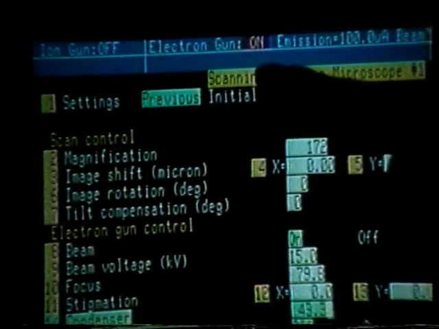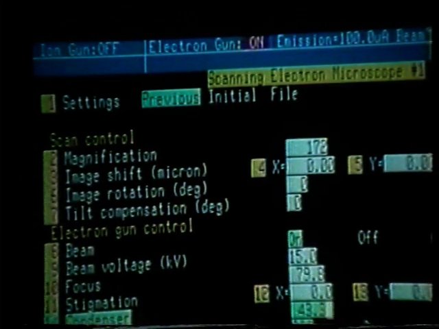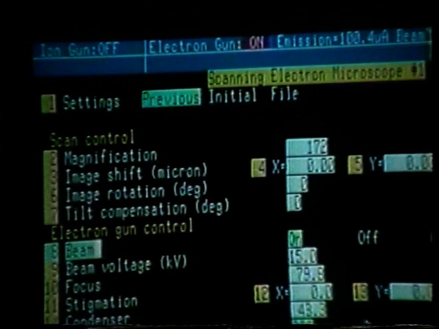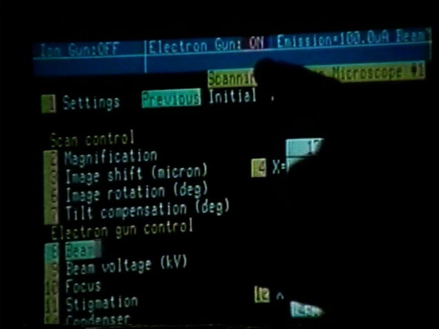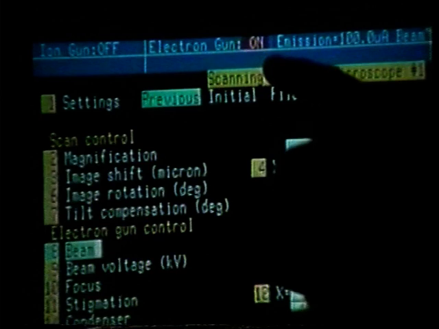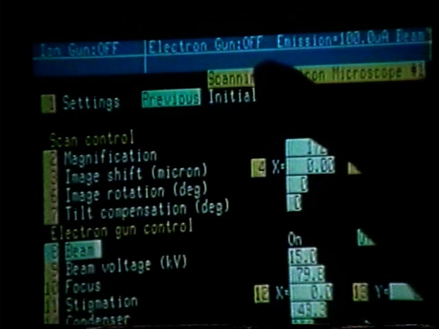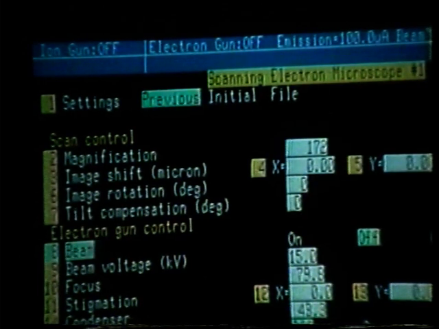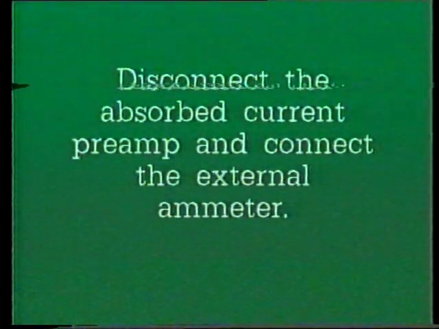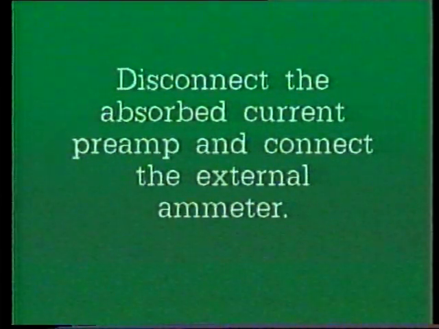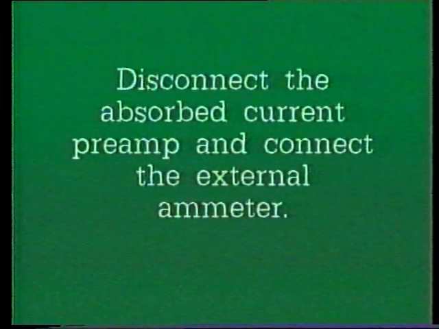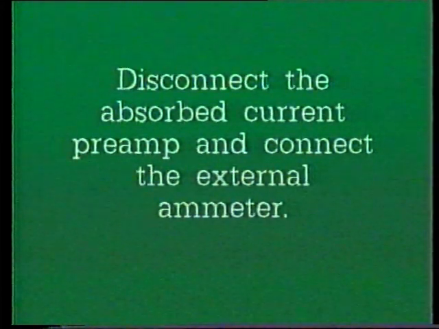We also, on our status line, can see that the electron gun is on. To toggle the beam off, we press function key number 8. We toggle it to the off position, and immediately when we toggle to the off position, notice that our electron gun status line will update saying that the electron gun is off. We now have it off, and the status line tells us that the electron gun is off. Once we have the electron gun off, we can then disconnect the absorbed preamp, and we can connect the external